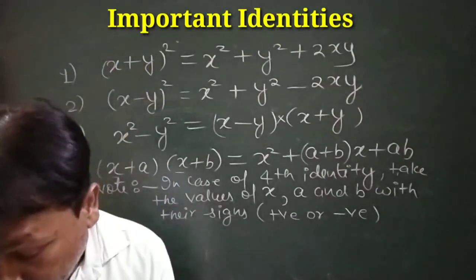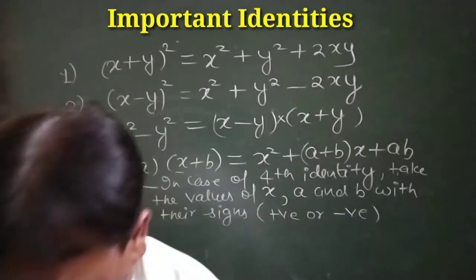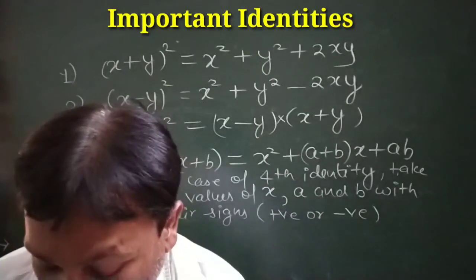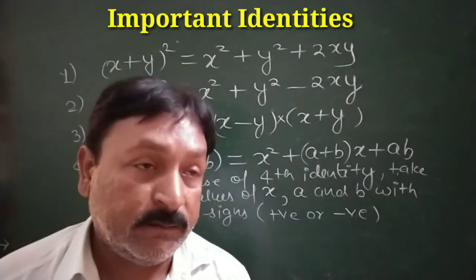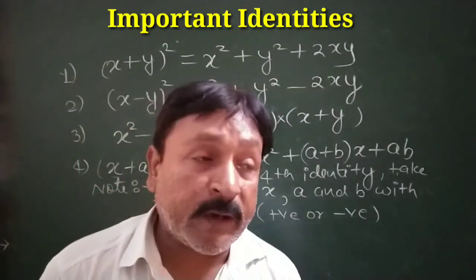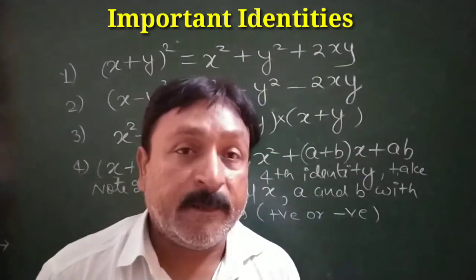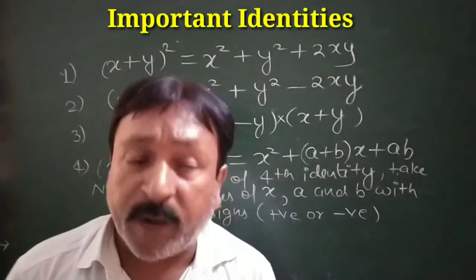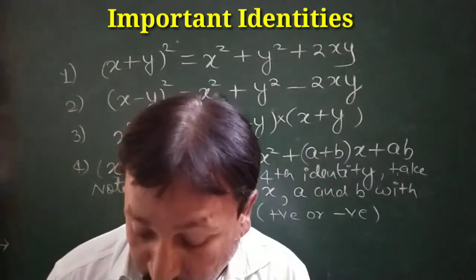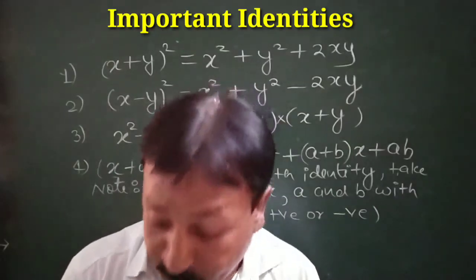Okay. So students, just see question number 1 of exercise 6.3. In question number 1, what we have to do? We have to find the product. In question number 1, it is just given find the product of the following. Okay, it is not written there that we have to do it by identity. Okay, so question number 1 we can do without using identity also.